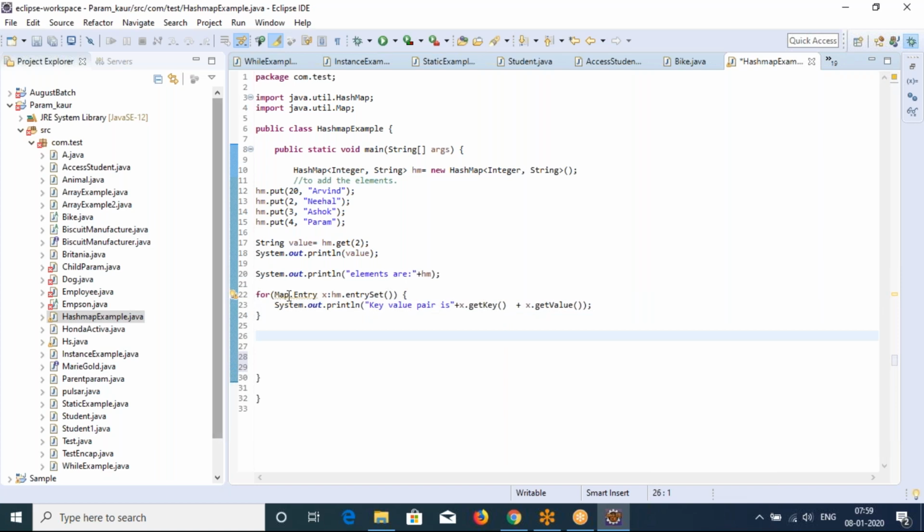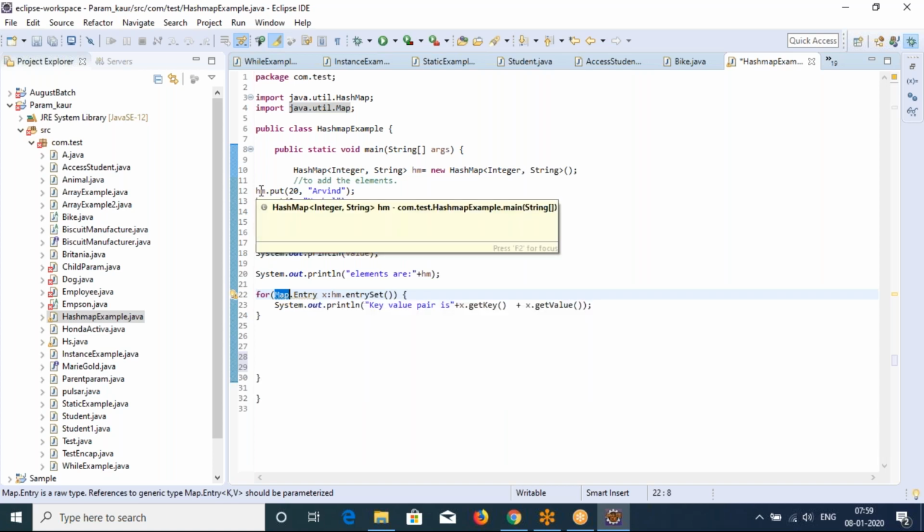You got it right. Map here. You have to remember this Map dot Entry. Map dot Entry you have to use. On the right hand side, same way, data type collection object dot. Map means it's a key value pair. And each key value pair is called an entry. This key and this value combined is called an entry.